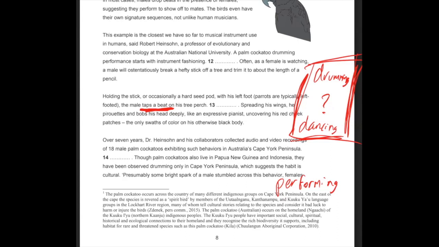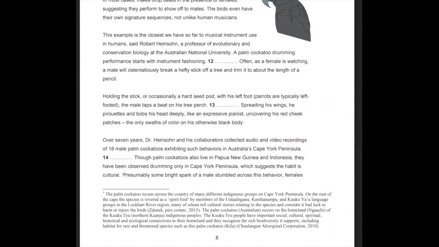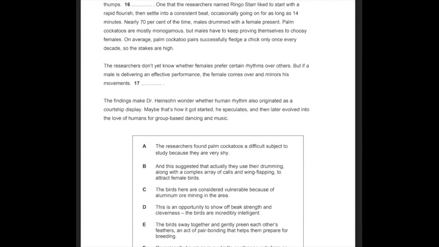All right, so I need to find one of those answer options there, which links this concept of performing and also links this other concept of music. So which of those sentences talks about the way that these cockatoos deliver music and perform? So going through my sentences, which one here talks about some example of the performance and show that he's putting on, right? So some more details about this dancing or drumming or music that he's doing.